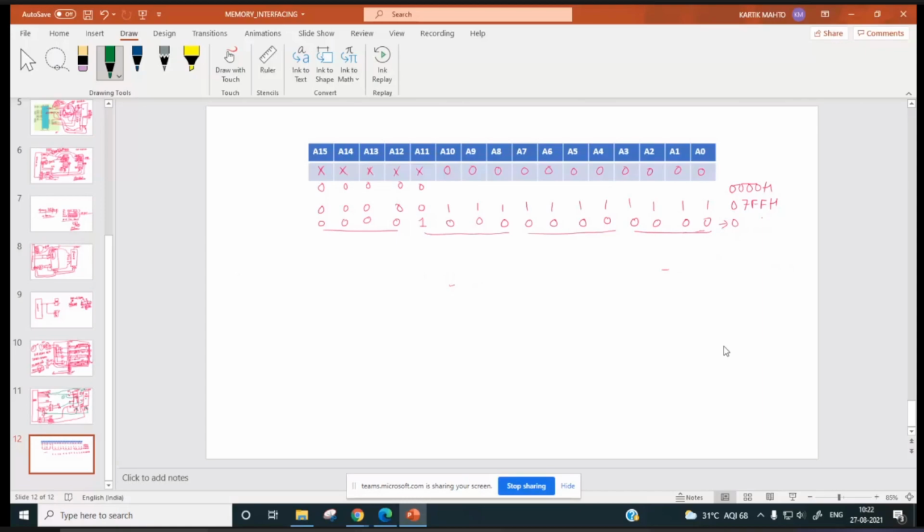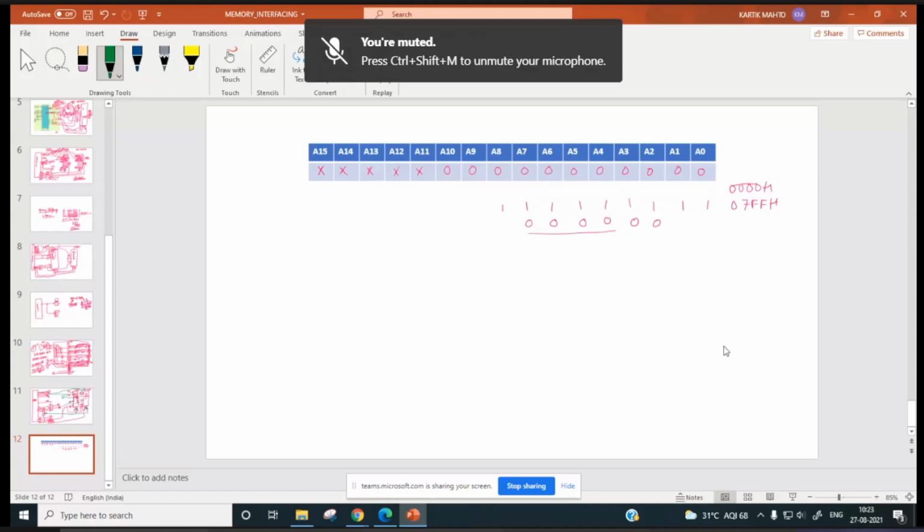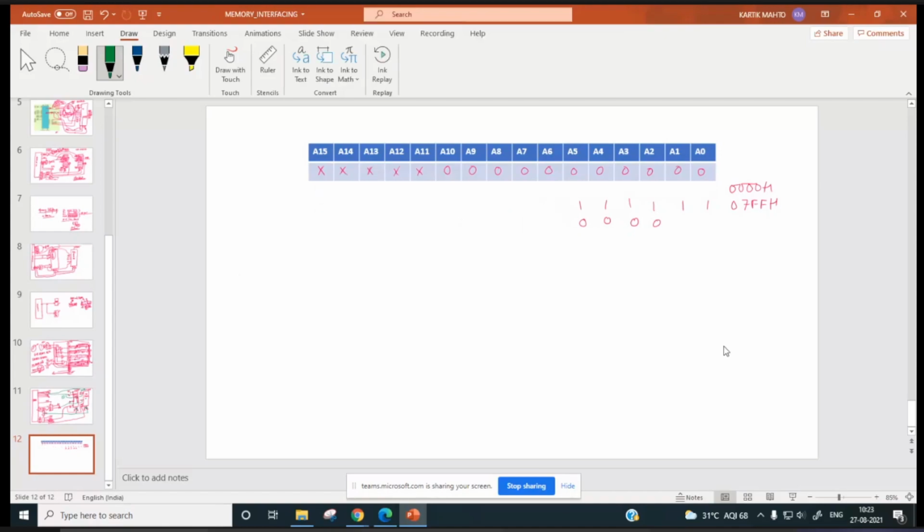And if you are not following, you need to interrupt me so that I can repeat and clear your doubts. So let us take the example of the ROM chip first. How it will be interfaced.